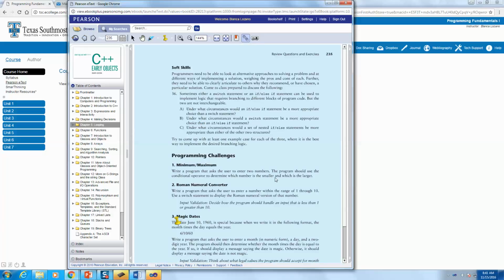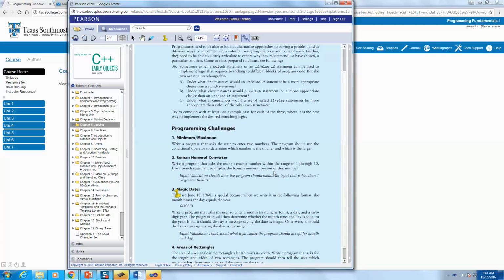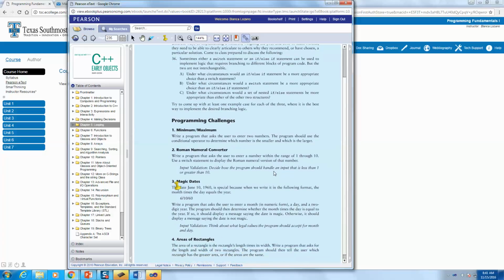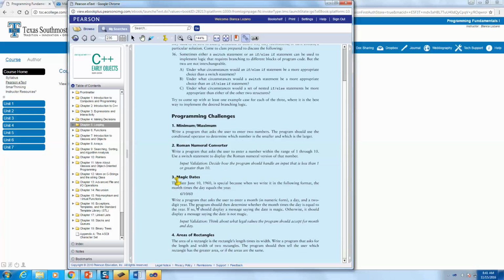Okay, here's the magic dates. We already have the program, you already have the pseudocode, so we're not going to be doing that because we already have that. But I want to read again this information right here. The date, June 10, 1960, is special because when we write it in the following format, the month times the day equals